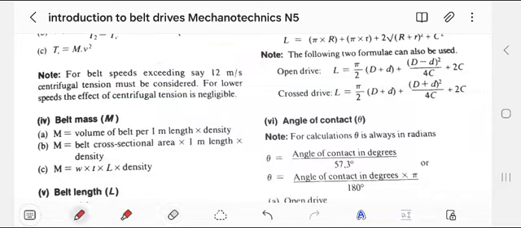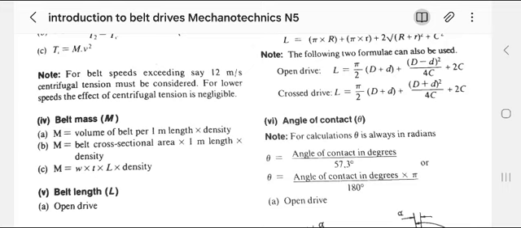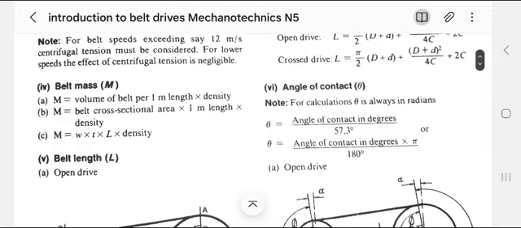As long as you calculate the speed, you're supposed to always check the speed. If your speed is greater than 10 meters per second, you have to calculate TC. Consider TC always. So start from 10, guys. I assure you, we'll start from 10, not 12, but start from 10. Then